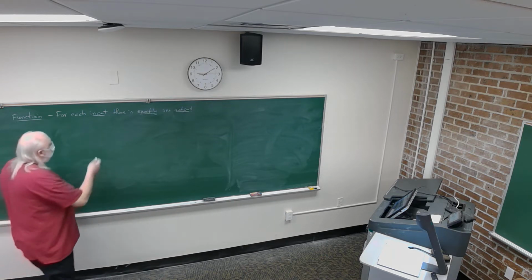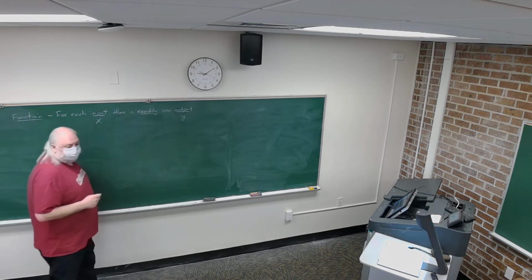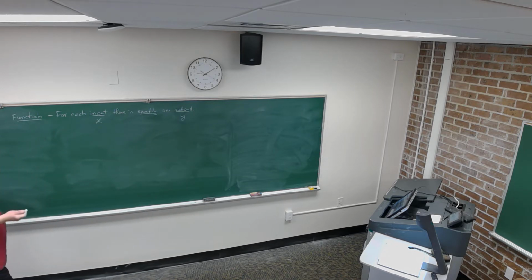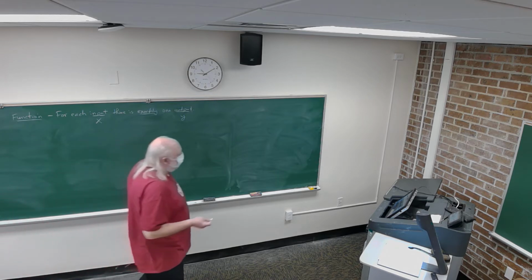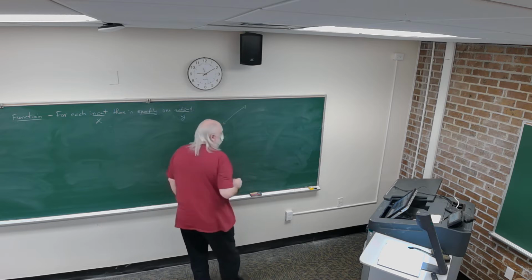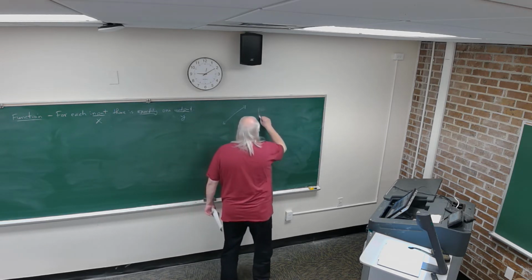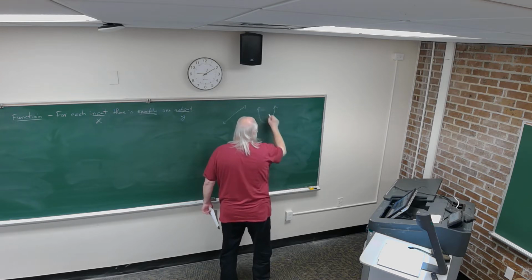So for each x, right, there is exactly one y. Okay? And so graphs of typical functions, right, are a straight line, a non-vertical line, a parabola,